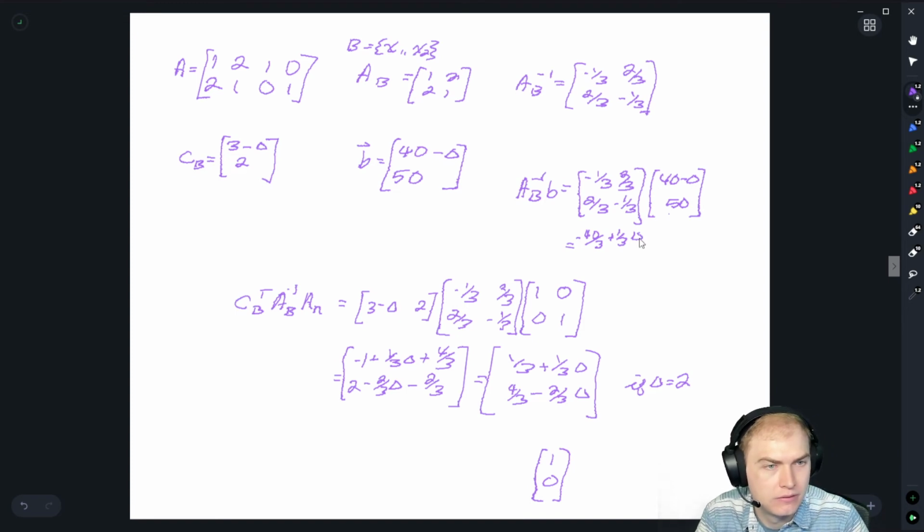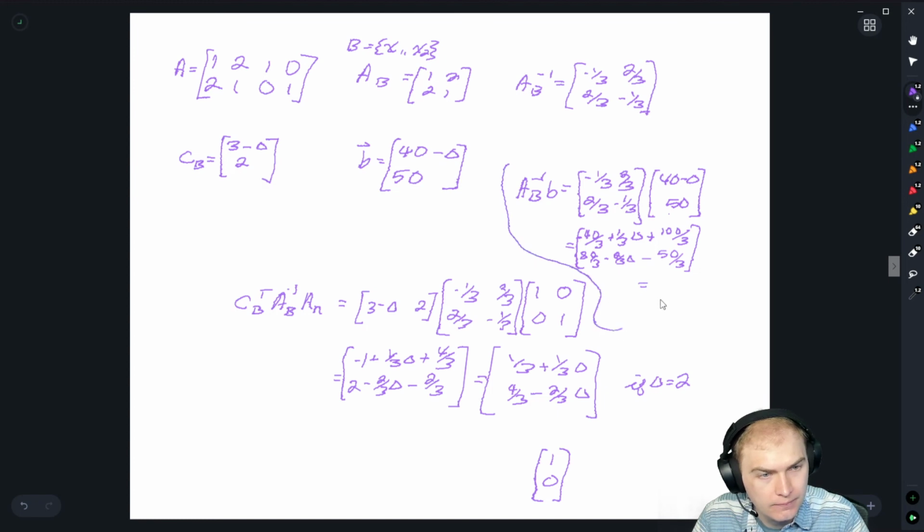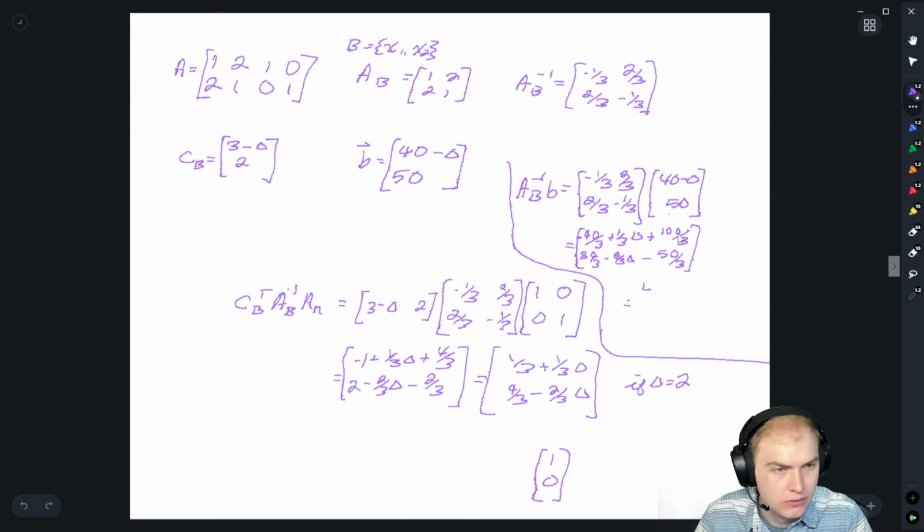One-third delta plus 100 over 3, and then 80 over 3 minus 2/3 delta minus 50 over 3 is going to give us 60 over 3, which is 20